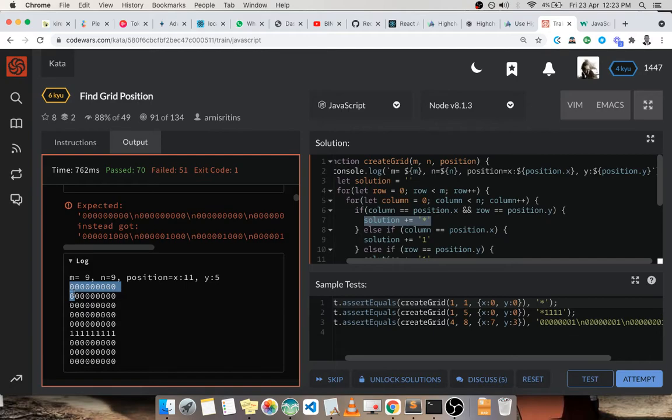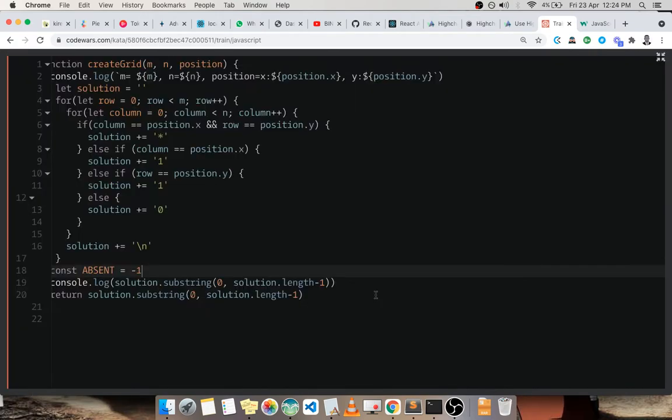So what we have to do right now is, I'm going to increase again the character size so that you can see better. So what we are going to do is create a constant and call it absent and bring it to -1. Now why am I bringing it to -1? If you check,